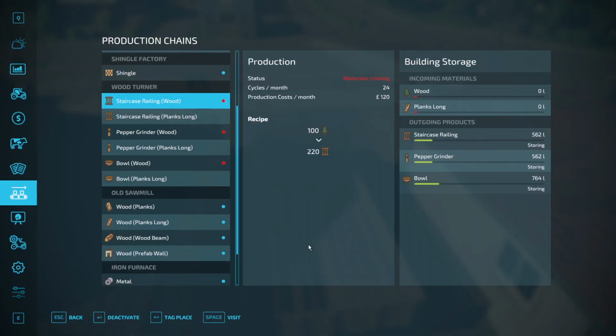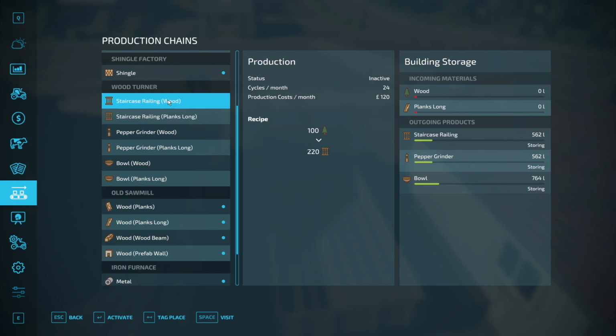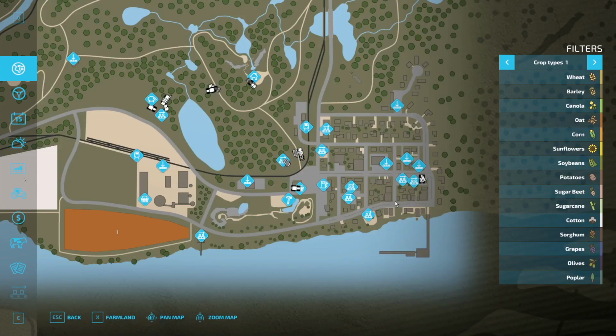Right, let's have a very quick gander at those. So we will deactivate all of these for now. We can bring planks long down if we need more of anything, but I don't know if we will fill this up beyond what's needed for the outgoing products, which we can sell directly, actually, bowls and pepper grinders, but I would like to complete the pallets if possible. Now,